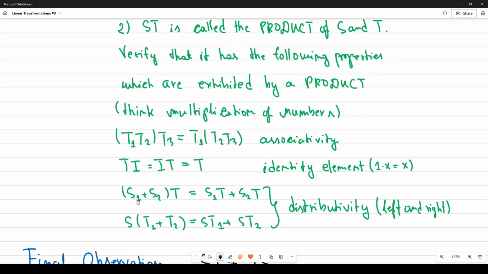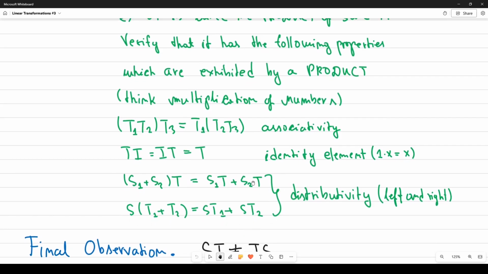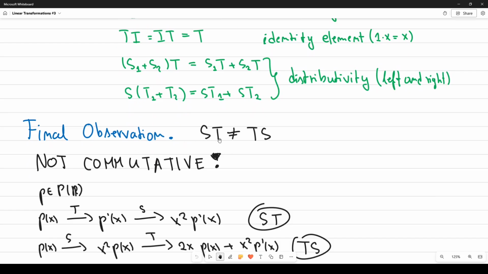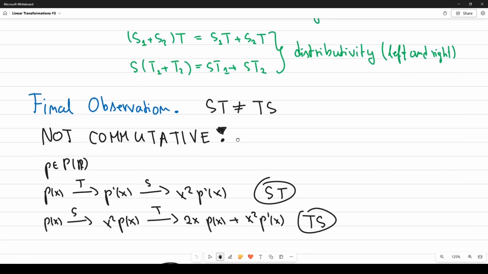So if I have this sum times this linear transformation, again from the left side, then this is equal to that. And if I have this from the right side, then this is equal to this. Again, sides matter, due to this. This does not always hold. They're not commutative in general. For an example,